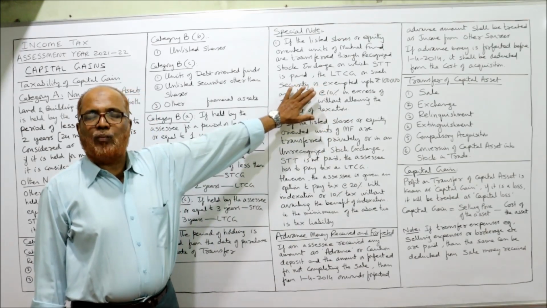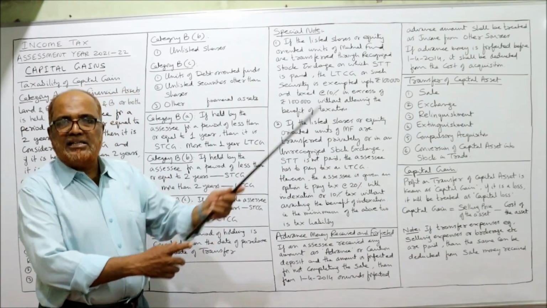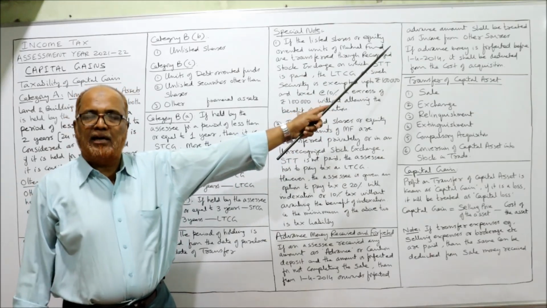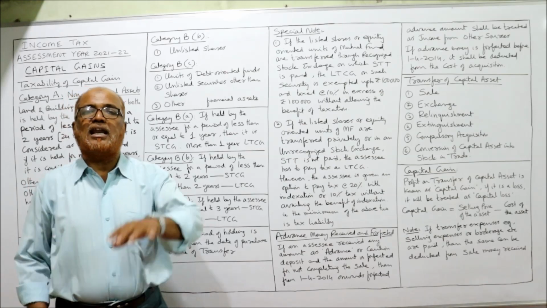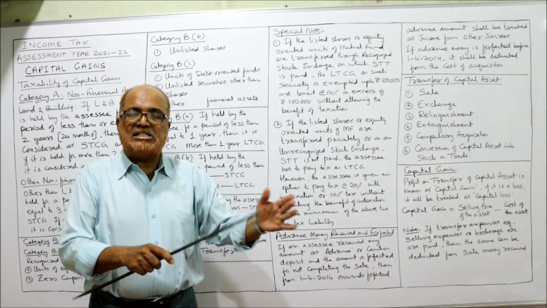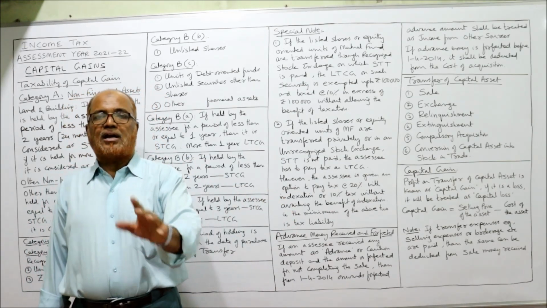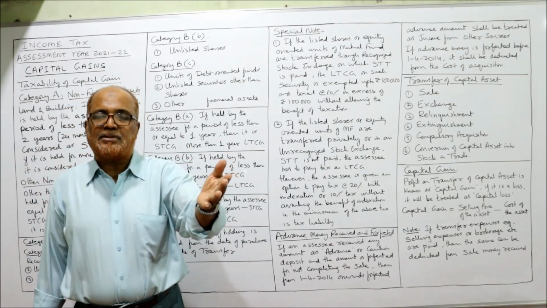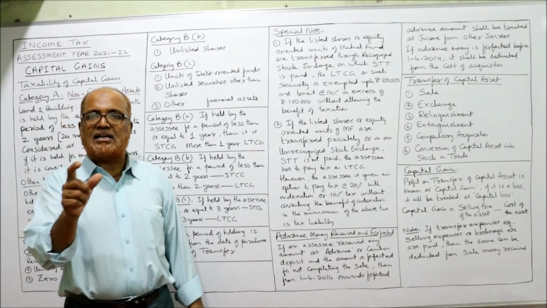Right now remember the point. Very important point. In the coming problems you will come across this point. What is the point? If the listed shares or the equity oriented units of mutual fund or any mutual fund are transferred during the year in a recognized stock exchange on which STT, Security Transaction Tax, is paid, it is exempted up to rupees 1 lakh, and over 1 lakh rupees capital gain is taxed at a flat rate of 10% without giving the benefit of indexation.